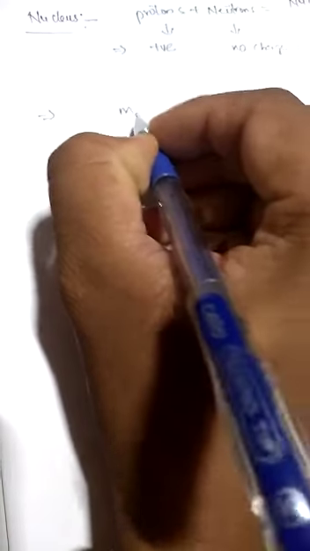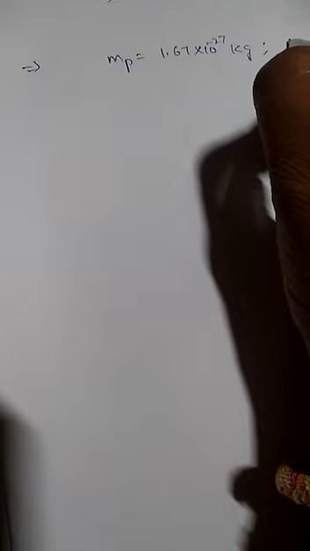So now we have to calculate the mass of protons. The mass of a proton is 1.67 × 10^-27 kg and its charge is +1.6 × 10^-19 coulombs. And similarly the mass of a neutron is also 1.67 × 10^-27 kg and the charge is no charge. Okay, that is neutral in charge. We can consider it sometimes as 0.